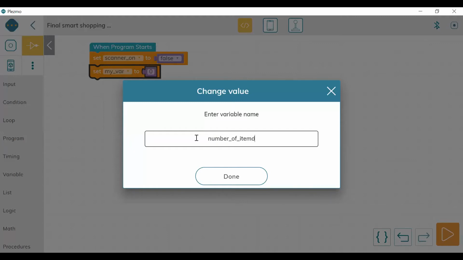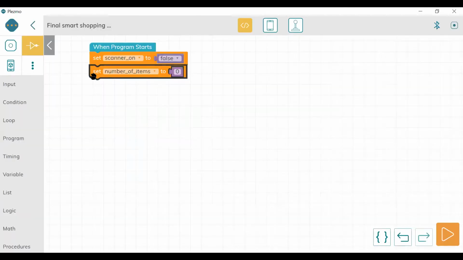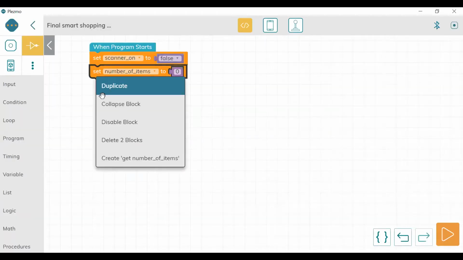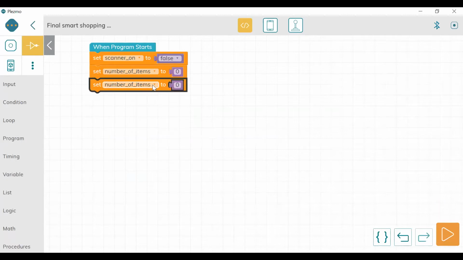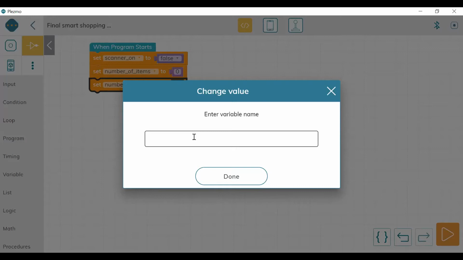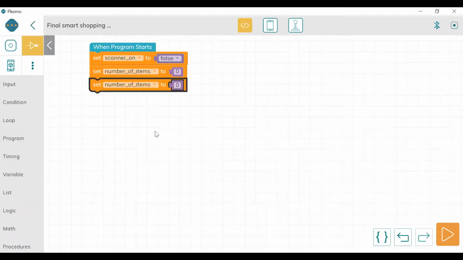We have given this name, and initially it is 0. Again I'm going to duplicate it, create a new variable, and define it as total cost. So it is done. These three variables are defined in the beginning only.